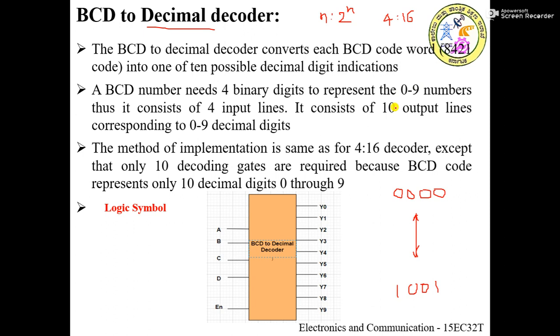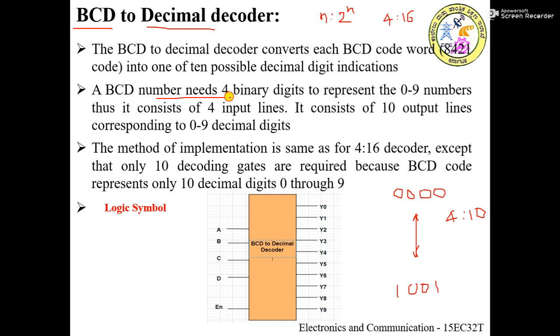So that's why it is also referred to as a 4 to 10 decoder, not a 4 to 16 decoder. While writing the input combinations, we are not supposed to write from 0 to 15. We should write only from 0 to 9, because in the BCD number system, only the numbers from 0 to 9 are allowed. And to represent those 10 possible combinations, it is enough for me to have 10 different outputs. That's it. The same thing is written here.